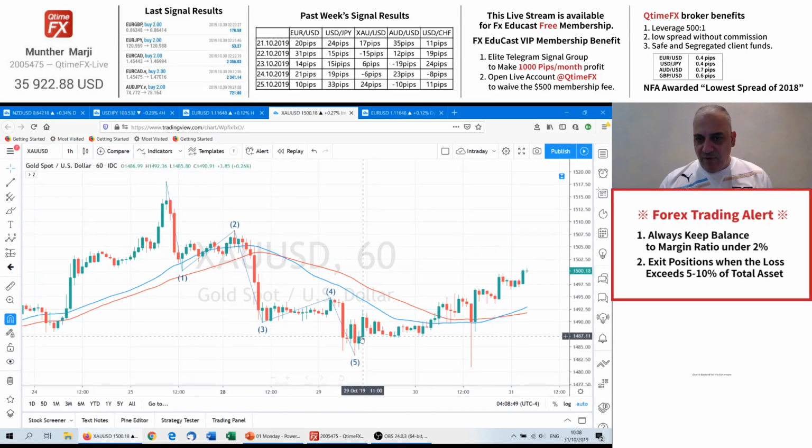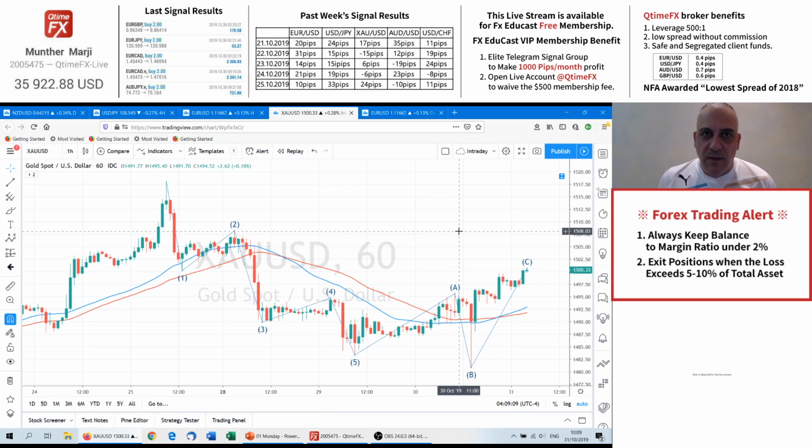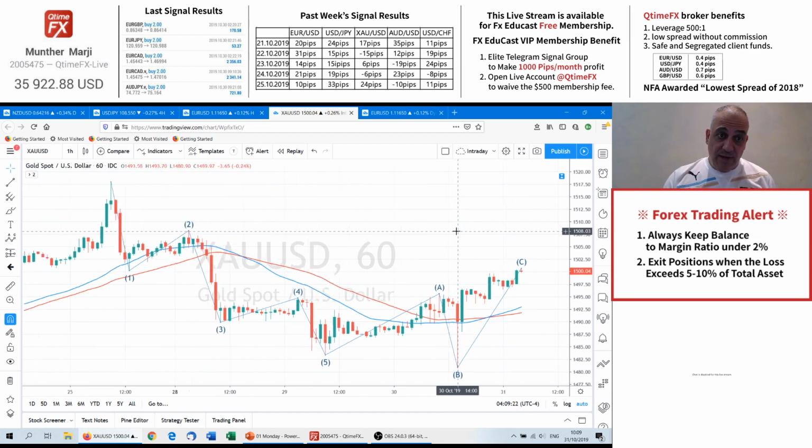after the 5 waves to the downside, of course, what should follow is a 3 to the upside if we are counting the wave correctly. This is A. This can be B. Of course, if you know your Elliott, you know that B can travel beyond the extreme or the termination point of the 5-wave sequence in a flat correction, or in several types of correction, compound corrections or complex corrections. So we still can count this as 5, 3, but